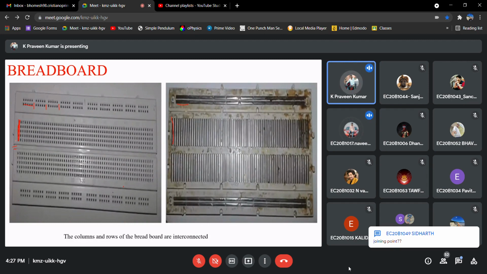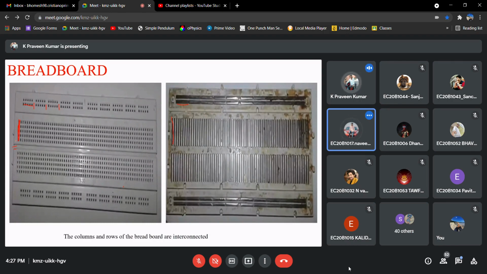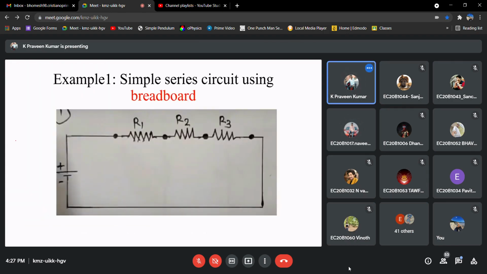So these are the basic things we want to know, right? So node, branch, all these things. Okay, no problem. That we'll see in the next example, right? So, okay, let us consider a simple circuit where 3 resistors are connected in series. What we will be having, basically, are 2 things you have to know: node and branch.